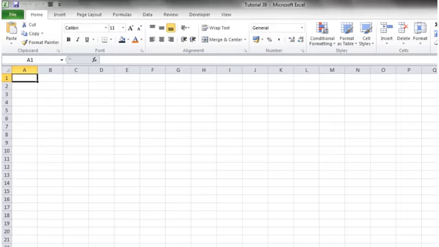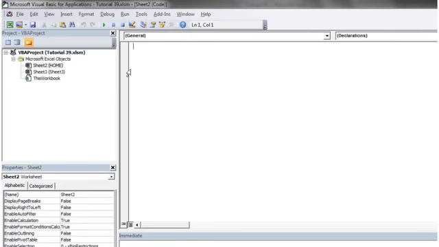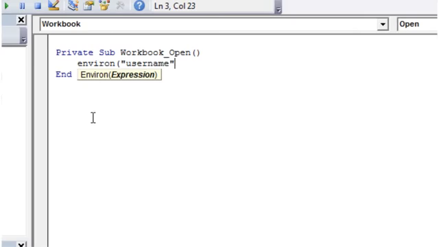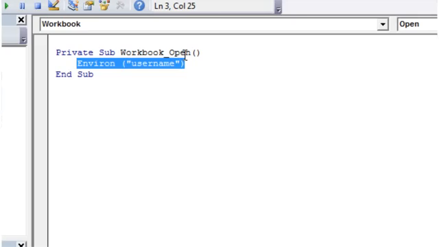The main things I use it for are kind of when people open it up to test user access. So let's go in here. So one thing you can use from here is if you put in Environ("username"), then this is going to return a string that gives you the value of the username of the computer that's logging in. So my one comes up as Matthew, so let's put If Environ("username") = "Matthew"